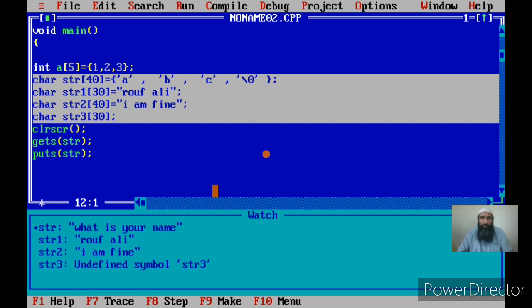Okay, we have a \0 at the end of the string as a demarcation, because the character array, suppose str, that I have declared has 40 elements, but all the 40 elements have not been used. We have valid characters only up to \0. When you use gets, it accepts the string and puts it into the array str and puts a \0 at the end. This is a demarcation for puts, up to which character it has to display the elements of the array. Otherwise in str there are 40 elements and it would display all 40 elements.